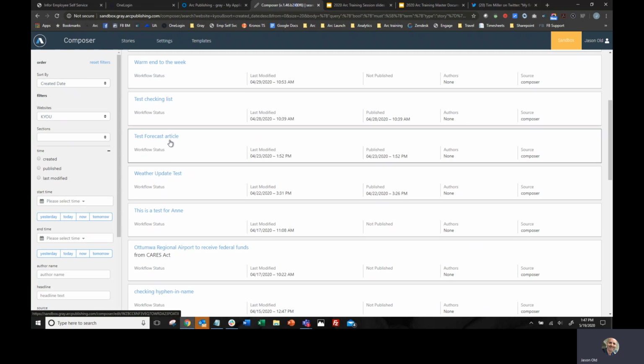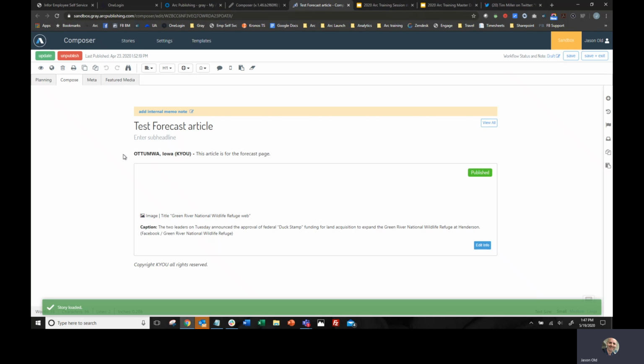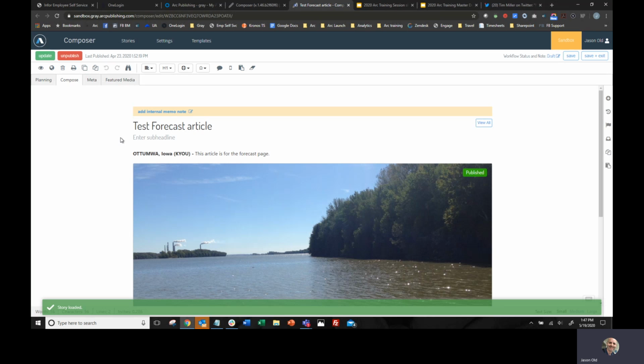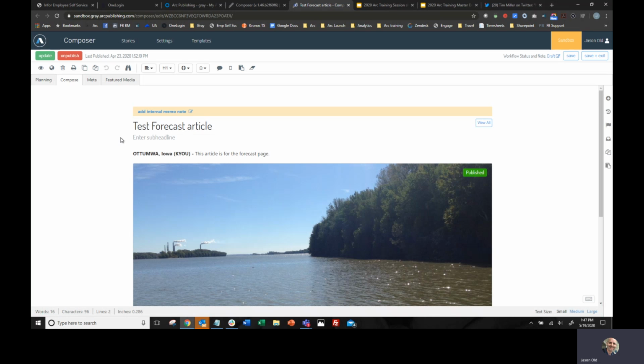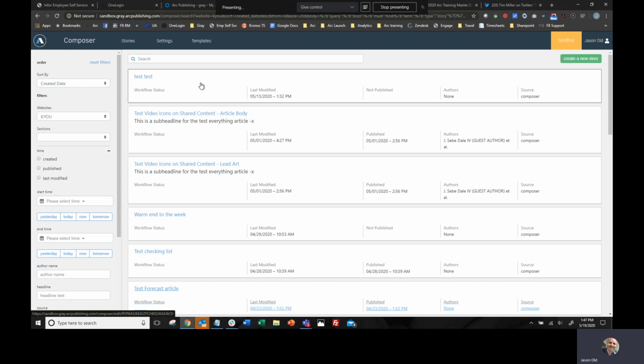I will go to test forecast article. I'll click on it. And I can go into anyone's article. So you have to be careful if you're going into someone else's article that you don't change anything, or you don't go into a DCC article and change anything. You can also, if you are in an article, tie that article up for someone else's use if they need to go in and edit it. They will see a little lock button here